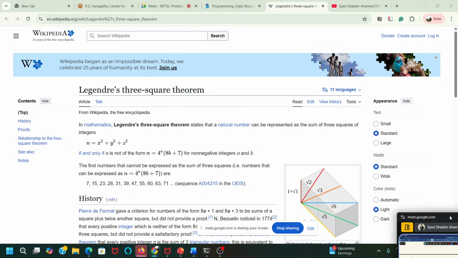Then, after removing all the factors of 4, you will be left with 8b plus 7. So 4 power a you have removed. After removing the factors of 4, you have to check, whatever number you get after removing all the factors of 4, if I divide this with 8,